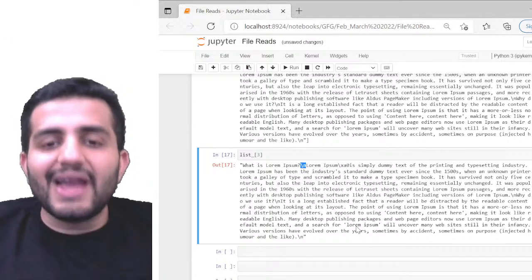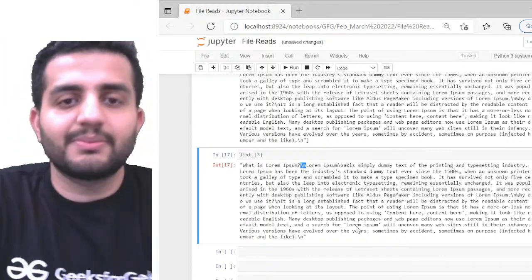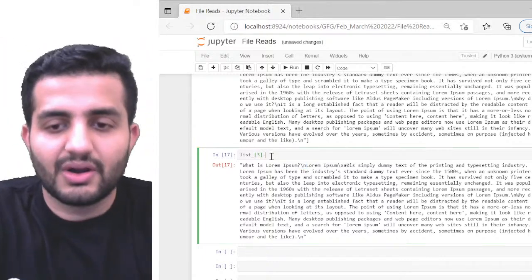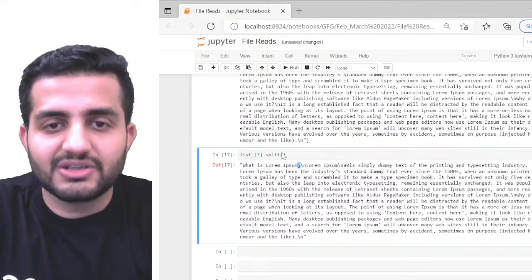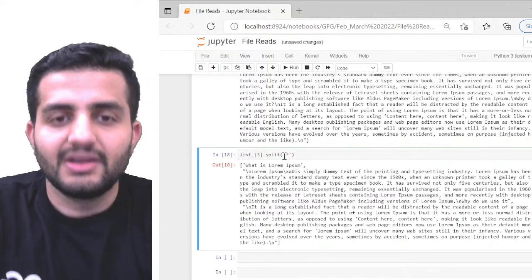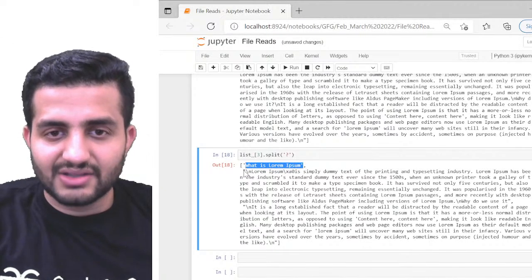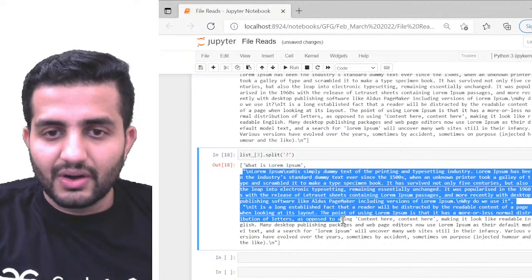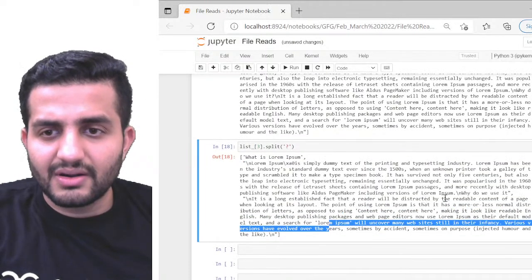So I can perform anything which I want on top of this. I can extract the question. I can split the data. So for example, if I perform a split here, dot split on top of my question mark. Suppose question mark is my thing, right? Based on the question mark, I want to split the data. Did you notice I get the question here? This is my first question, and this is the answer for it, right? Got it? And then I'll have another question. This should be somewhere, I think here.